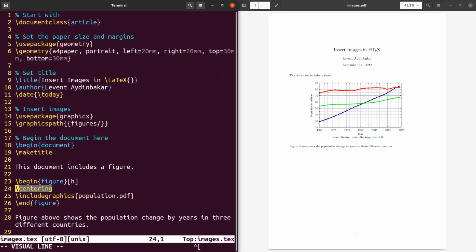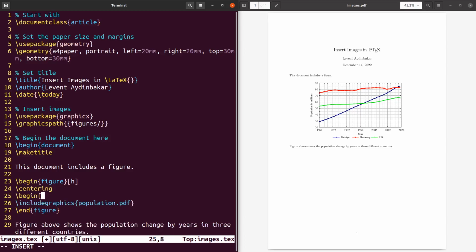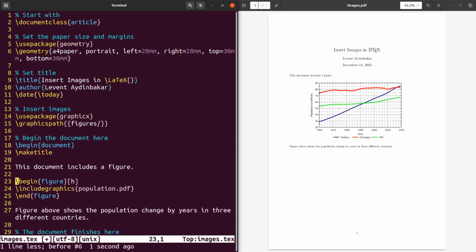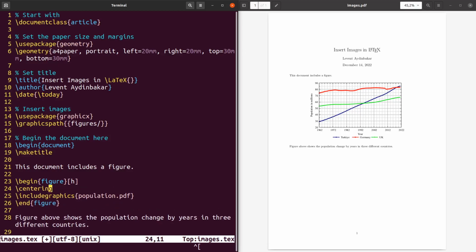I said I'm not sure because I usually use this begin center here. I'm not using this and end center, but using centering is shorter surely. Now our figure is in the center, but there is no caption in our figure, so we can add a